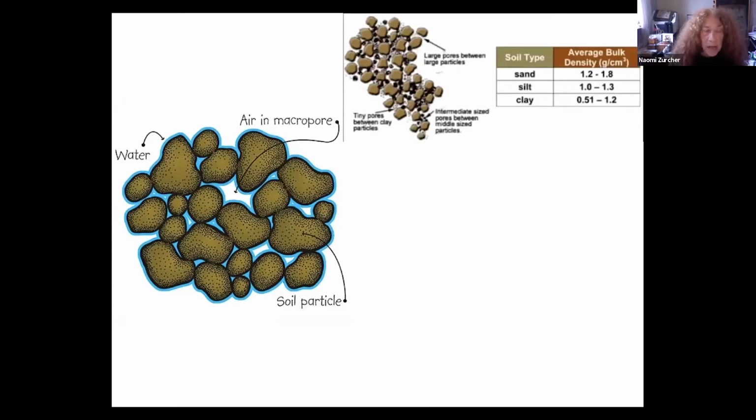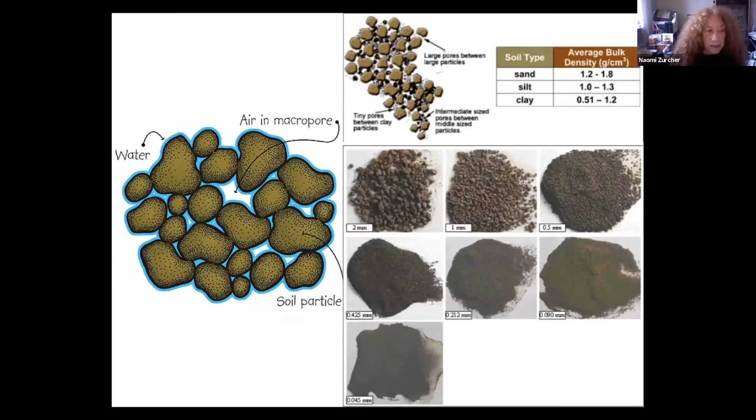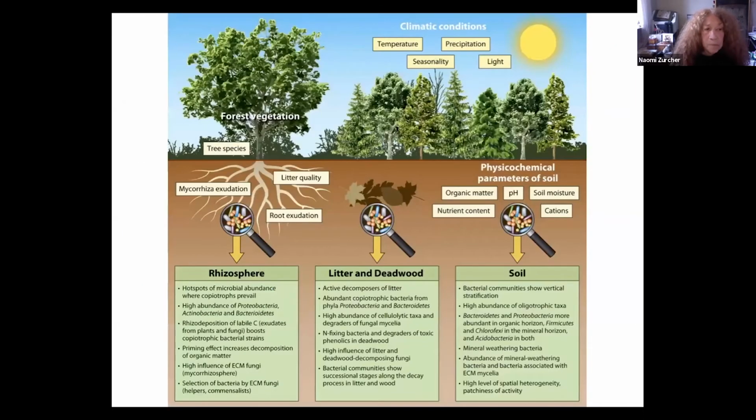Bulk density, the volume of soil particles combined with the volume of macro and micropores within the soil particles, and particle size distribution, the soil aggregates. Without these physical properties, plus the organic layer and the living community that all of this supports, soils will become